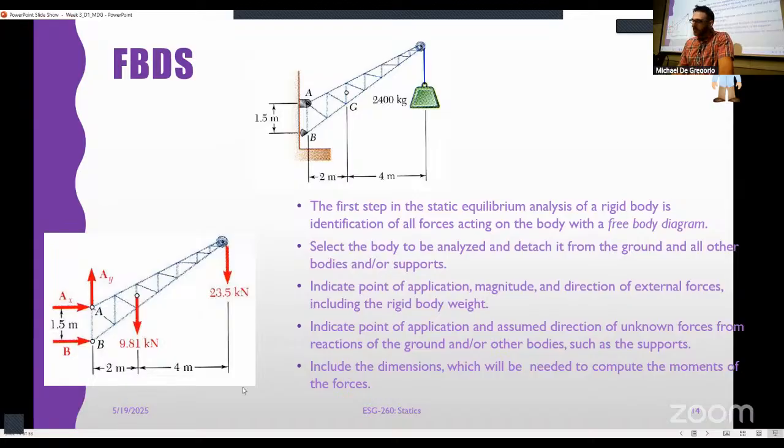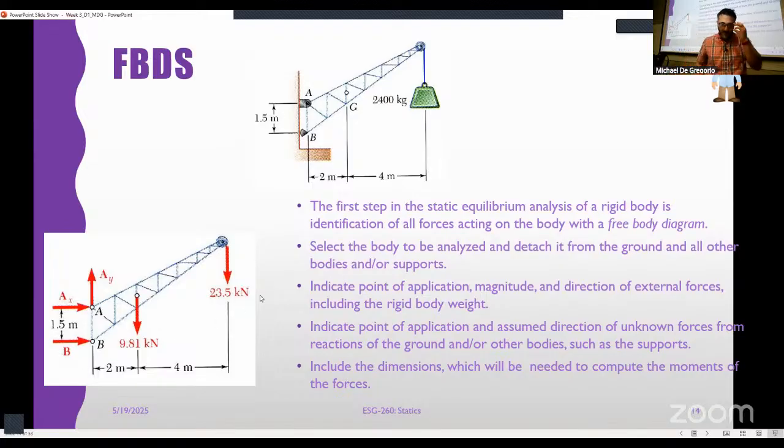Oh, there it was. There's a better picture. And look, they even calculated the stuff. Apparently, this is 9.81 kilonewtons, even though I wasn't given any information about it. So wherever I got this from, cool. Yeah, I mean, you can, it's like kind of weigh it with your hand.